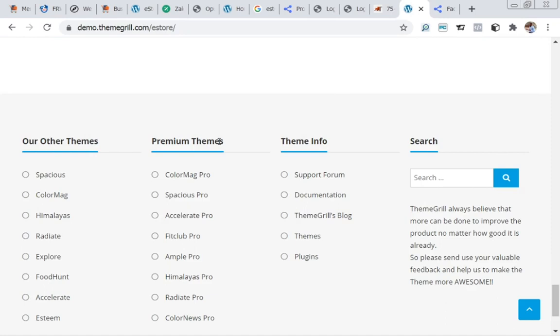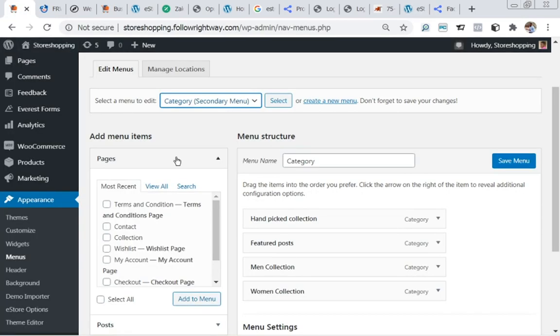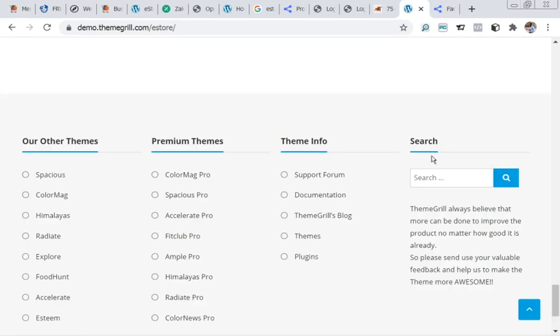Our team, premium team, team info. Can you see that now? So that is it. Now you don't need to stress yourself here. All you need to do is to edit it, as I said the other time. That is all you need to do for this